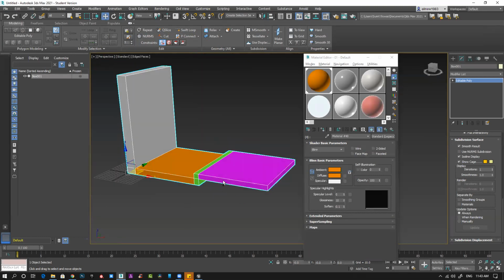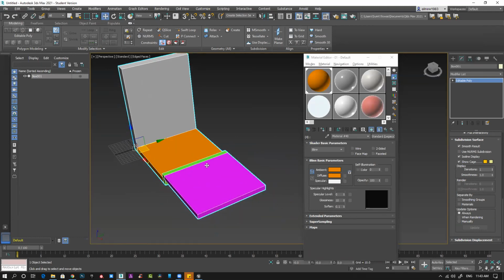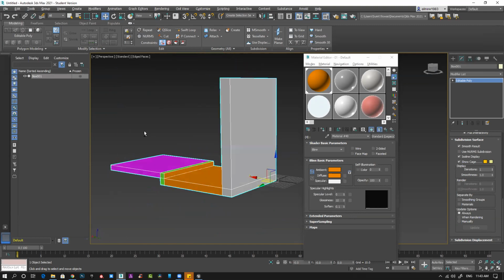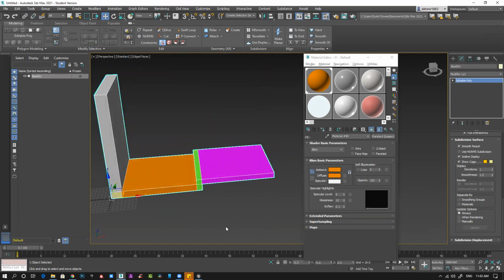So let's see what else I can do. I'll create this basic structure. I want to create an entire scene out of it, so I'm using modular pieces. I'm creating this thing, and I have applied multiple materials.